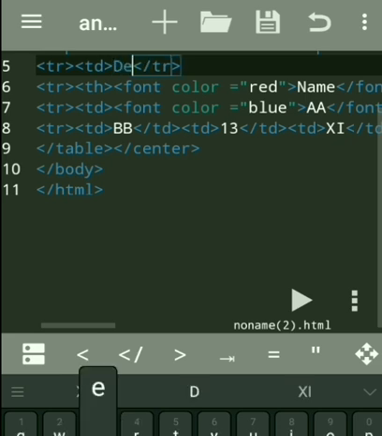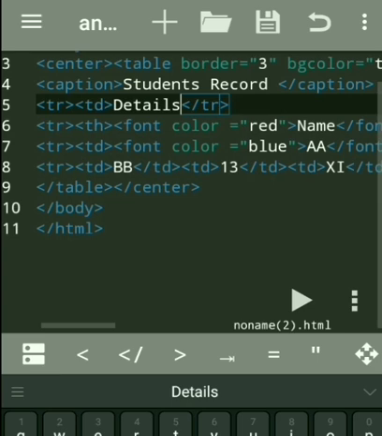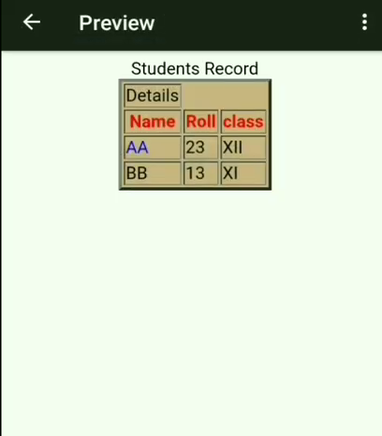Suppose I am writing here "details". If we write like this, let us see. I just add one row and write one element. Obviously there is one element. You see, this will happen like this.